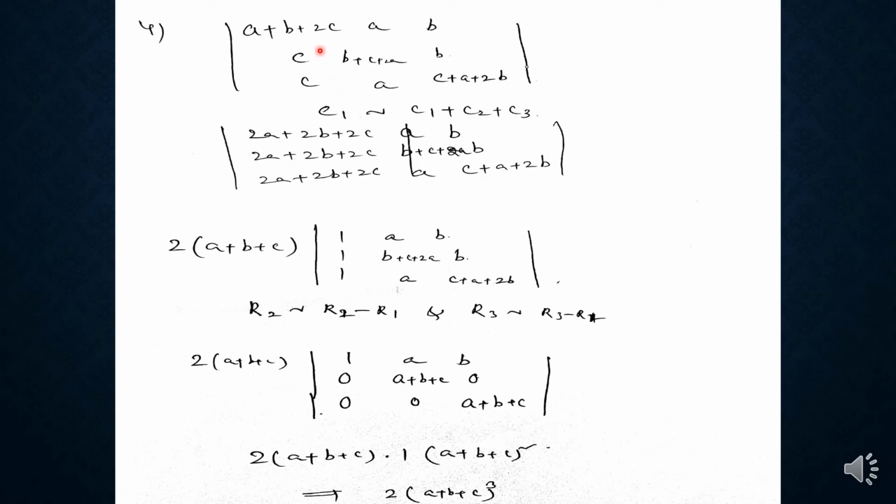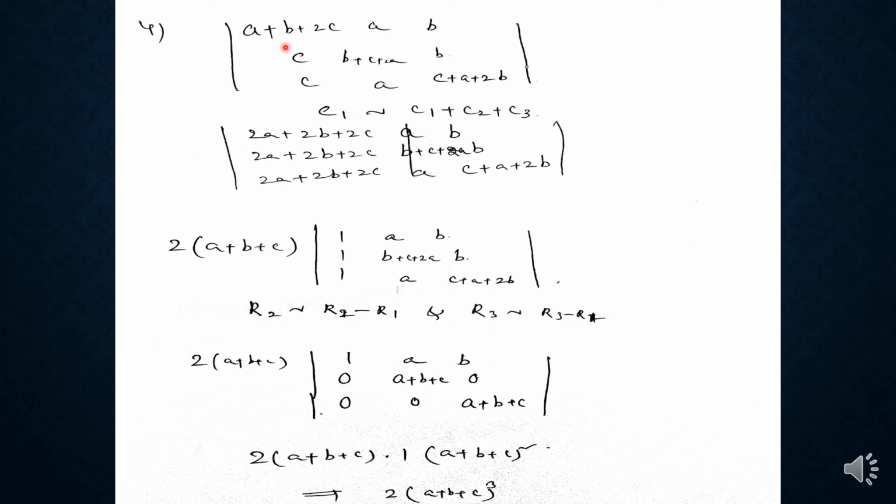So to simplify this, if we observe these elements, by adding the column elements, first column, second column, third column, we will get the same terms in the first column. First column C1 is changed to C1 plus C2 plus C3. So by adding these three columns, we are putting it in the first column. Here also c plus b plus c plus 2a plus b, so we will put it in the first column. c plus a plus c plus a plus 2b, that will be written in the first column. So column 1, C1, is changed as C1 plus C2 plus C3.